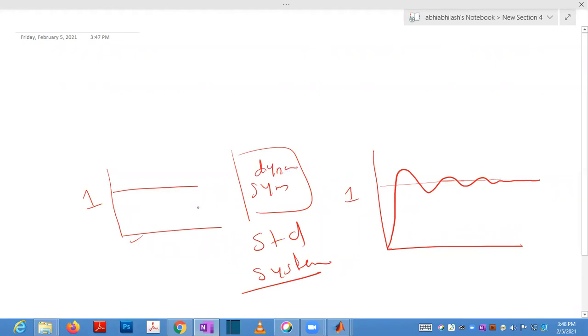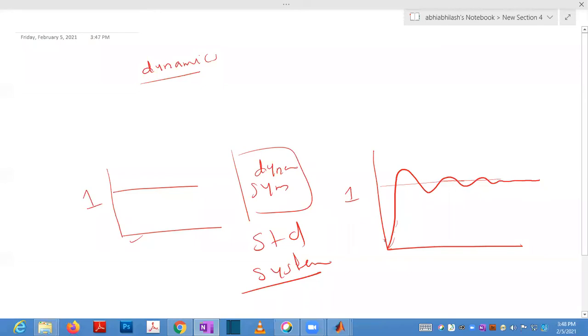What do you mean by a dynamical system? A dynamical system is a system which has memory effects. It will store something, like an inductor or capacitor; that is called a dynamic system. So it will have a delay in the starting and will not respond immediately.